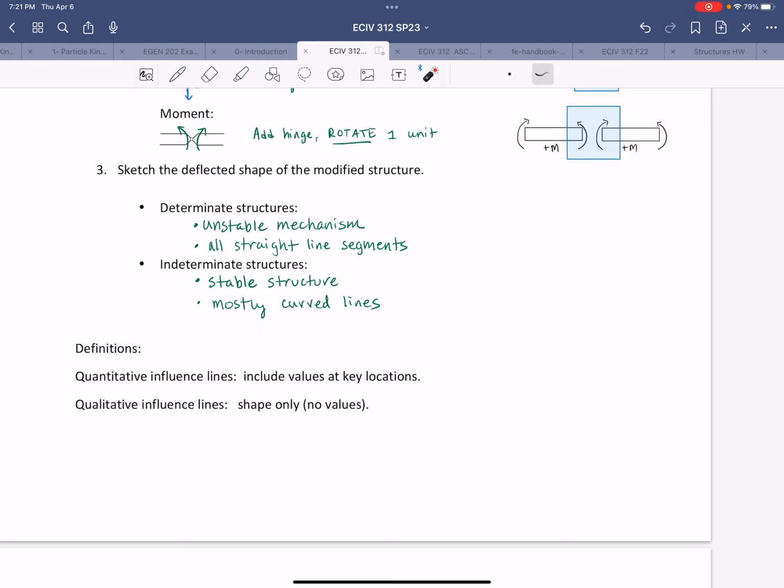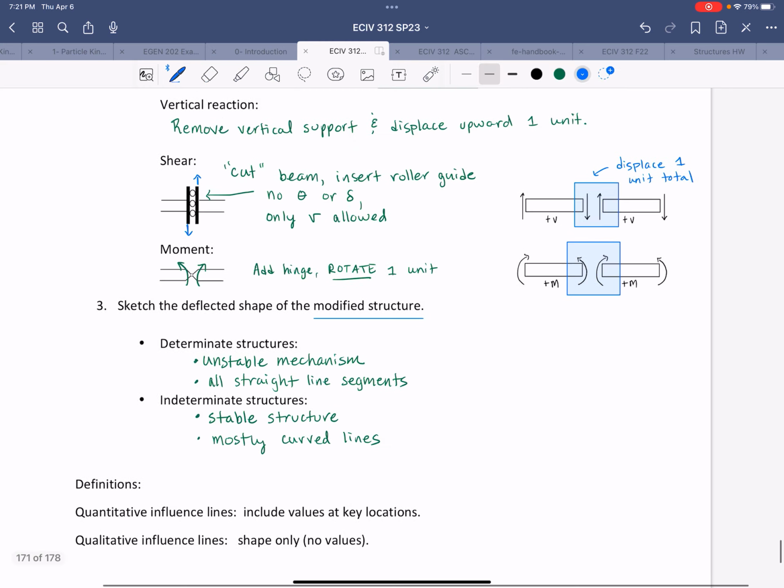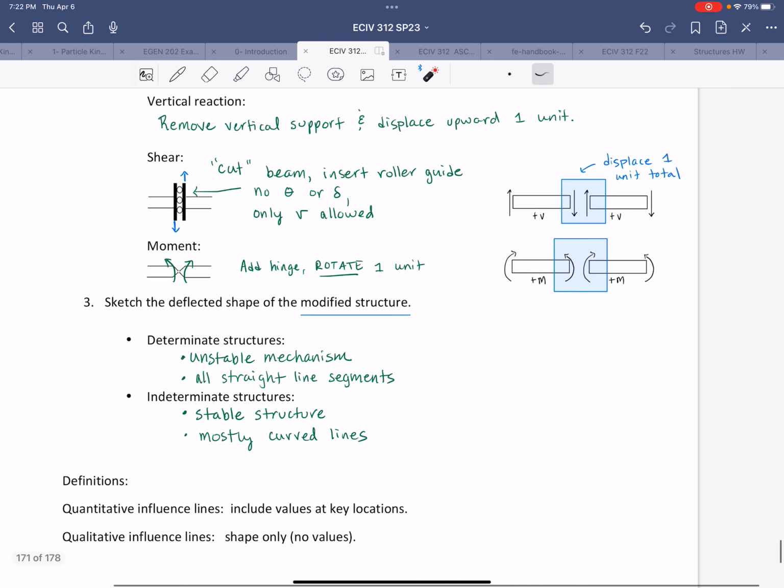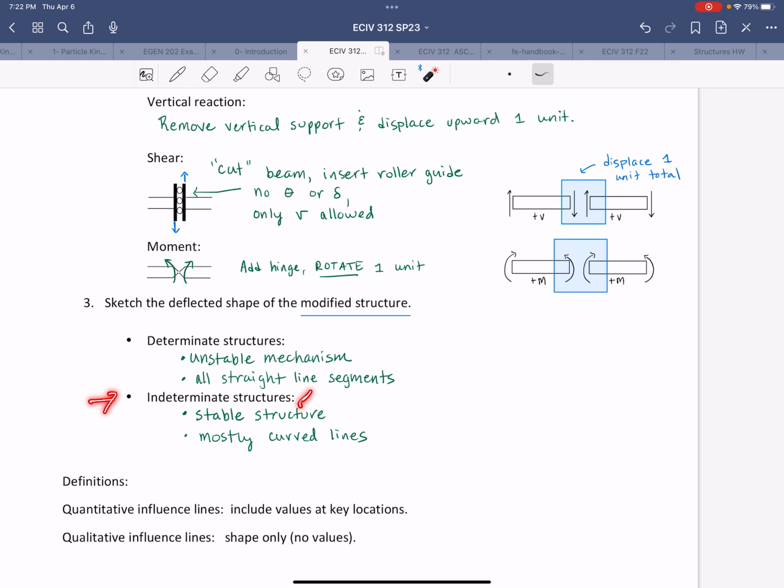All right, so it's important to note that when I'm talking about the unstable versus stable mechanism, we're talking about the modified structure, right? Because once you take away one response or one capacity of a determinate structure, it becomes unstable. If you have an indeterminate structure, you can take away however many responses correspond to the degree of indeterminacy,